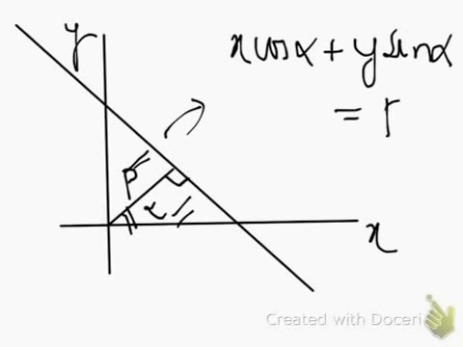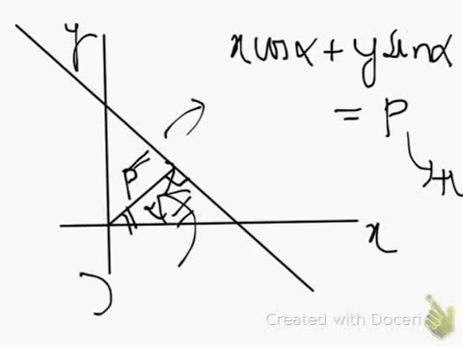equal to p. Please notice here that p is not a distance, but you can say the displacement, or it is the signed distance. The p here can be negative in case it is in this direction, which we can understand more if we think about vectors. Like if the vector is pointing in the direction of alpha, like alpha is going like this, and p is pointing in that direction, then p is positive. But in case, let us suppose that alpha is going in this direction and p is pointing in this direction, then p is negative, right? So this p stands for the perpendicular distance from the origin on the line.